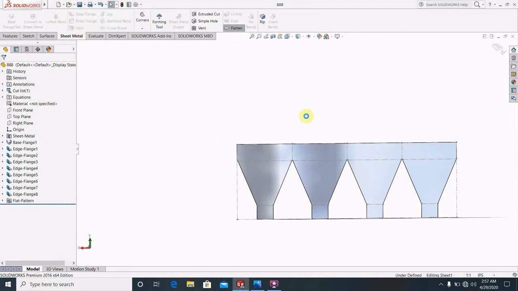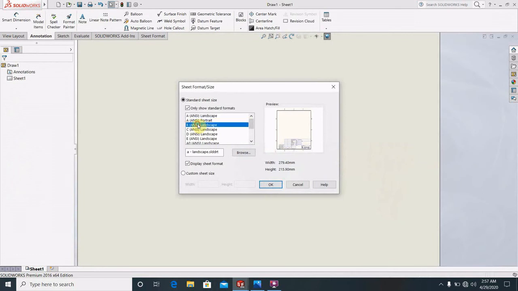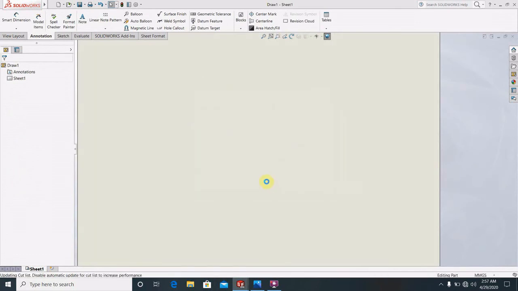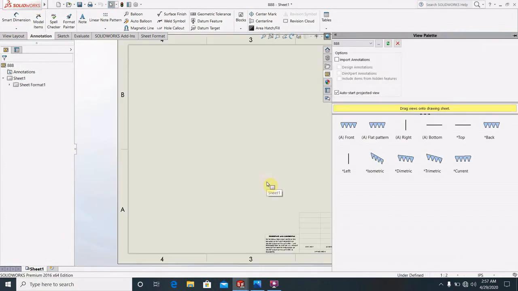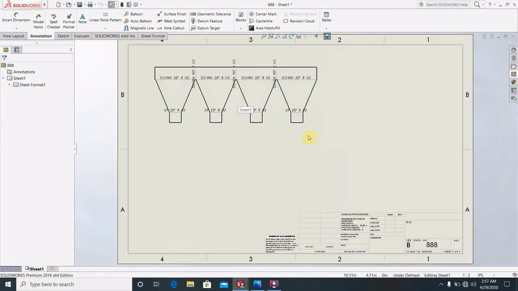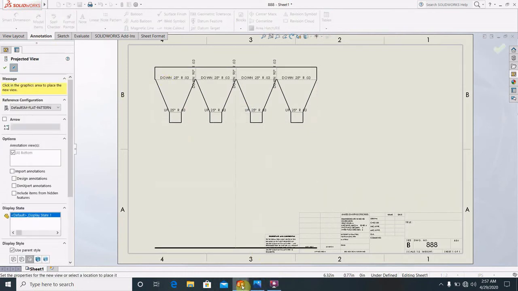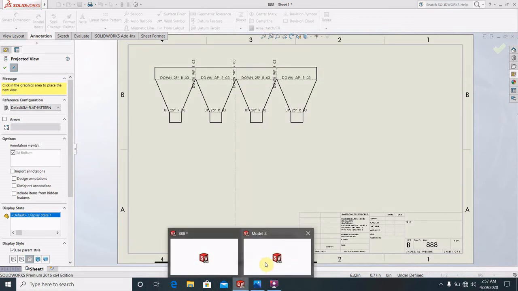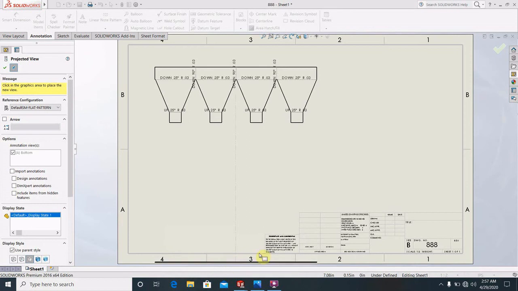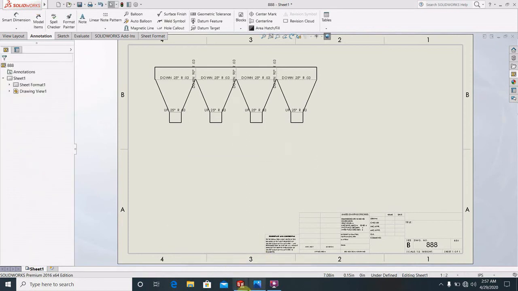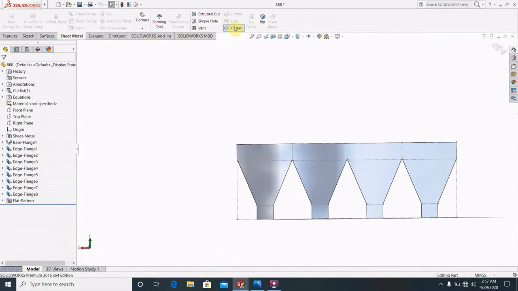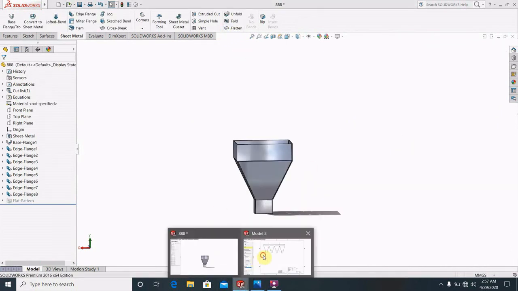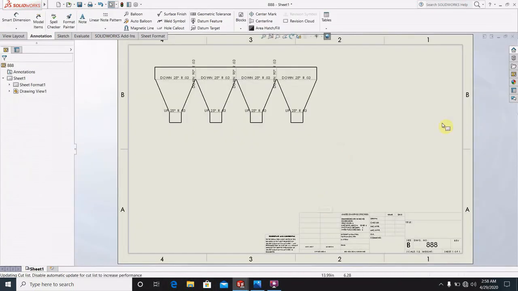Just go for make drawing from part assembly and select, I am selecting the sheet format, and it takes some time. Please wait, please don't skip because every piece of knowledge is very important. Okay, now go for this flat pattern. Okay, and if you select the previous drawing, just accept, escape. In the previous drawing just make it unflatten and go again to this sheet drawing, and you can see,